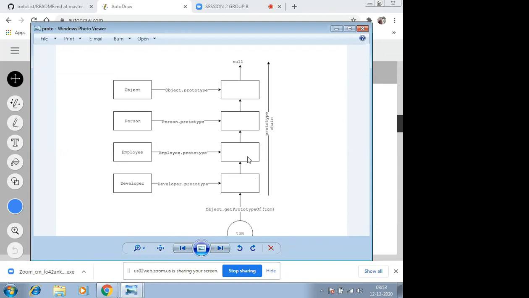So it will go one level up and check whether getName is there in its parent object, its parent prototype chain. There also, if it doesn't find it, it will keep going till it encounters null. The thing you notice is that the flow is like this: first it checks in its own prototype, and if it's not there, it goes one level up and checks there.